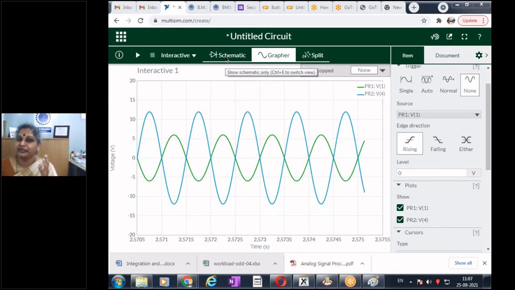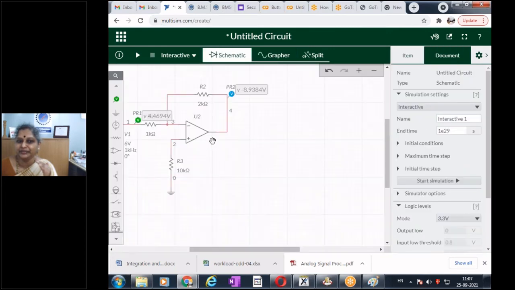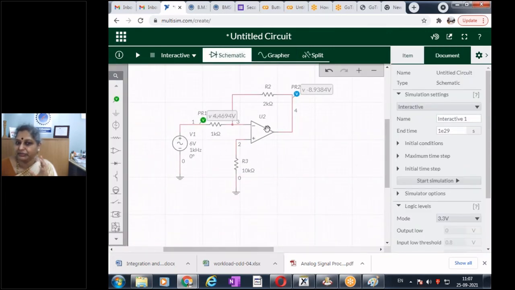So why does the output get clipped at this? Because the operational amplifier is having some supply voltage, and the supply voltage may be around plus minus 15 volts we are giving, and it saturates. That's a saturation voltage. You cannot get the output of the operational amplifier any voltage higher than the supply voltage that we give. But because in this particular Multisim Live, we are not able to have a control on the power supply. But if you have the complete simulation package, you will have it. For now, it doesn't matter. We are able to see the output.